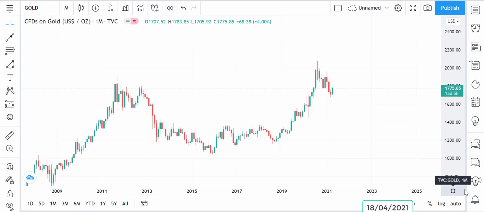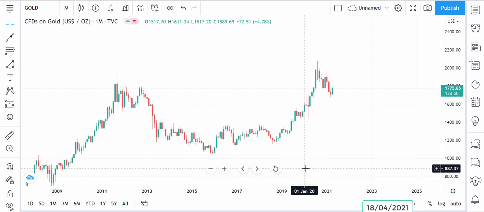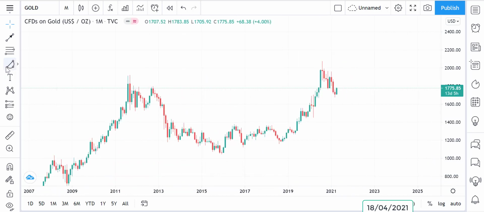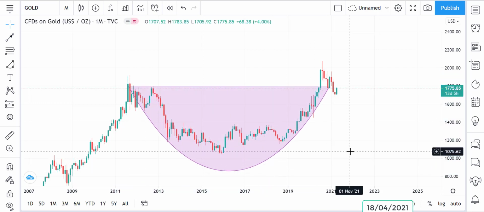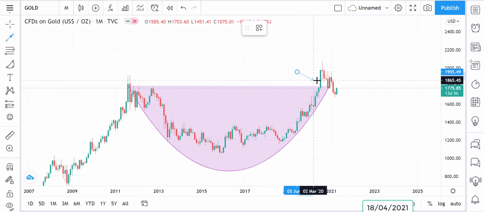So today we're coming up with the technical analysis of gold. First of all, we'll come from the monthly chart. On the monthly chart, you can see a beautiful rounding bottom formation. Let me draw it for you. So this is a beautiful rounding bottom formation, and after the formation was over, there you can see a beautiful